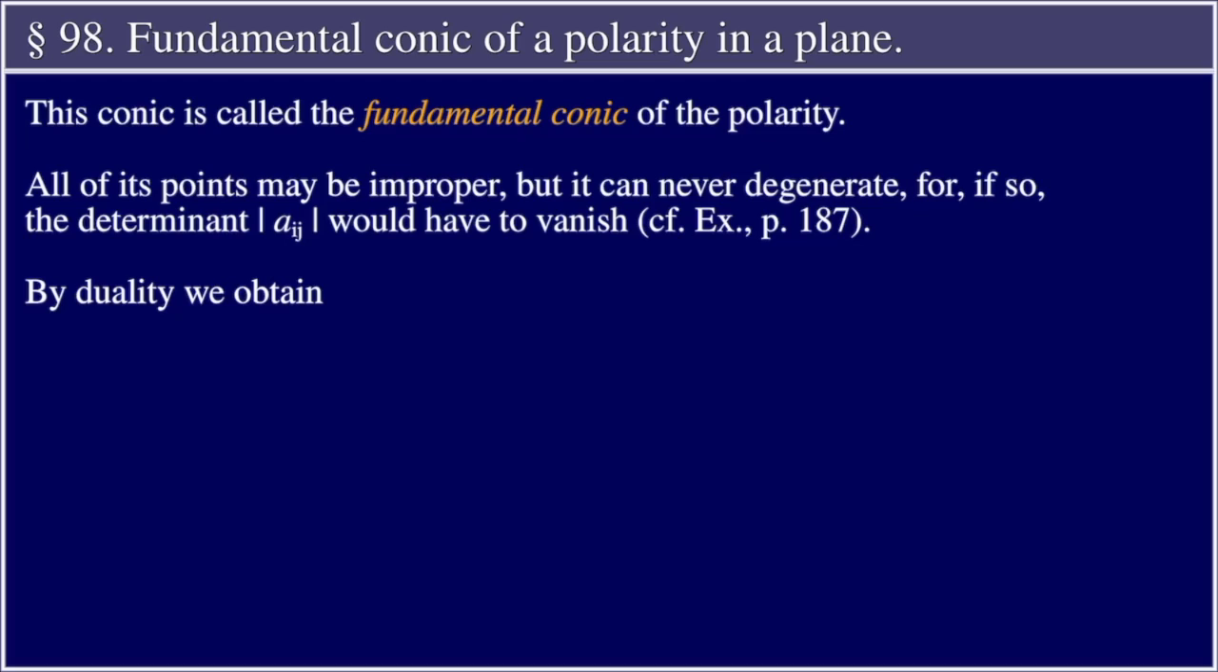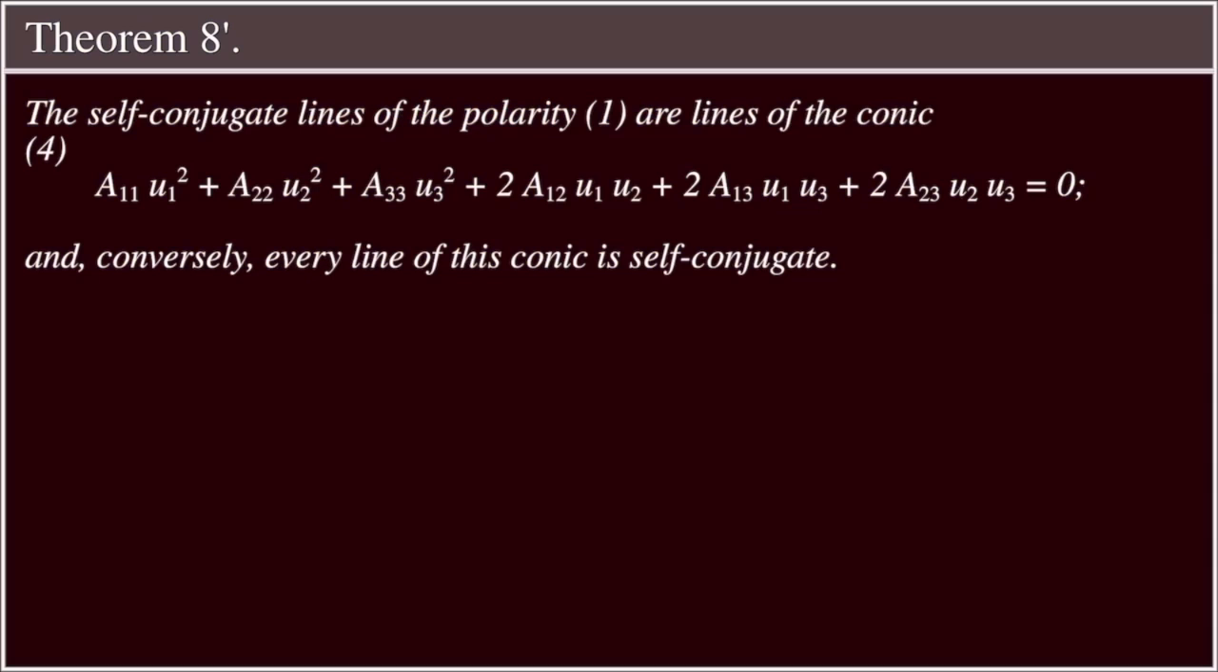All of its points may be improper, but it can never degenerate, for if so, the determinant aij would have to vanish. See exercise, page 187. By duality we obtain Theorem 8 prime. The self-conjugate lines of a polarity (1) are lines of the conic (4):